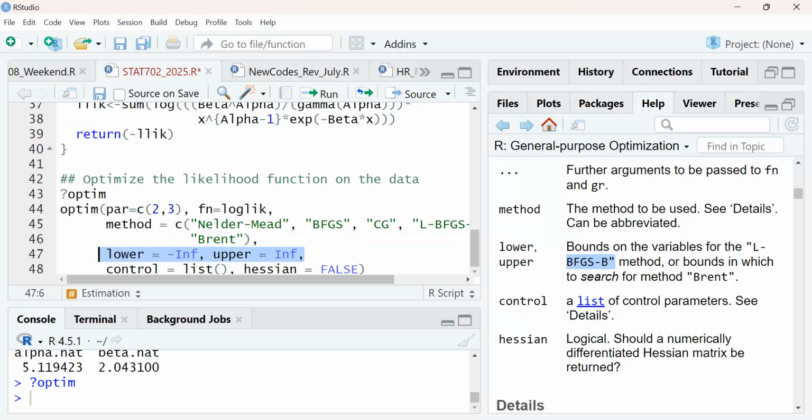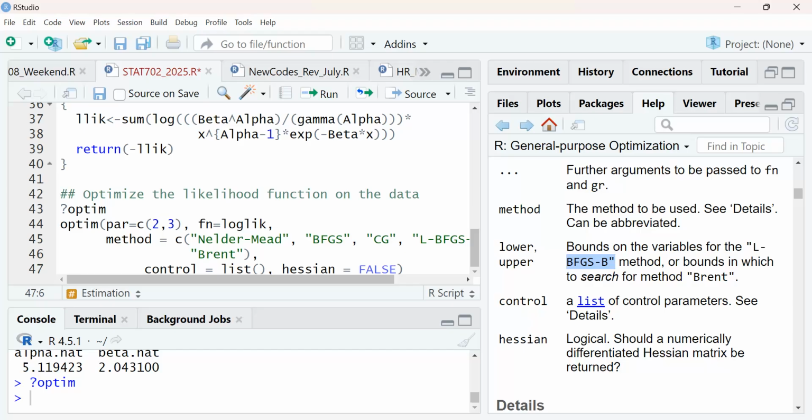But if we come back and we need to use L-BFGS, then we have to come back to it as well. Okay. Then Hessian, if you want the Hessian matrix, remember you can get that and use it to find the Fisher information. All those things, then you can. But for now, we can put it off.